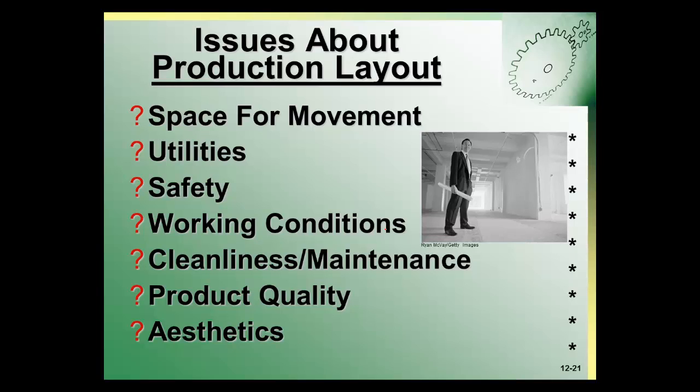Employee safety should always be a consideration, and working conditions must be maintained not only for safety but also for comfort. Production plants need to be properly ventilated with a sufficient number of air handlers and heat exchangers. Cleanliness and maintenance plans should also provide for the dismantling of large pieces of equipment right there on the floor, and provide for the possibility of a large piece of equipment having to be removed from the plant, possibly on a flatbed truck. In many plants, there are numerous cargo bay doors located at strategic locations throughout the plant, specifically for the purpose of removing large pieces of equipment. These cargo bay doors are normally not opened for any other reason.